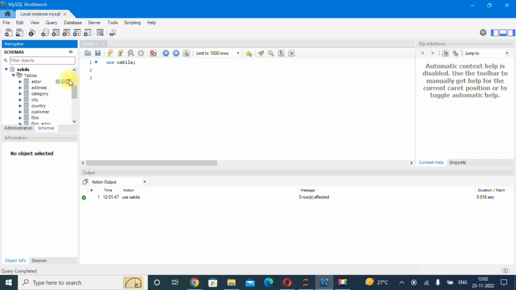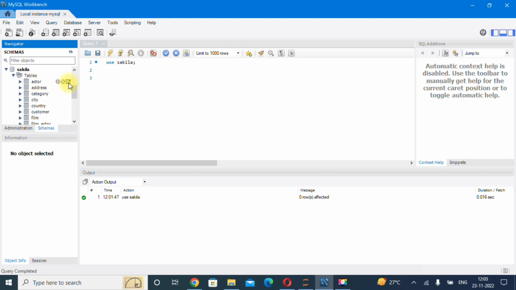Now if I want to extract records from the actor table, there are different columns available in the actor table. Whenever you are working with SQL, you are not interested in all columns. Let's suppose you are interested in a few columns from that particular table. Whatever columns you are interested in, you simply write those column names in the select statement.